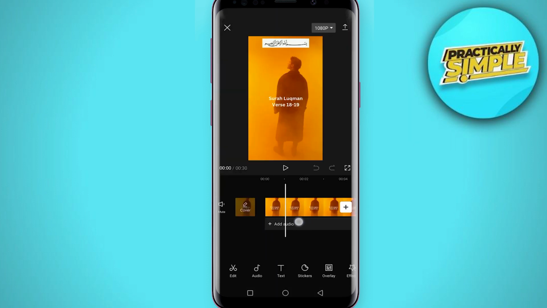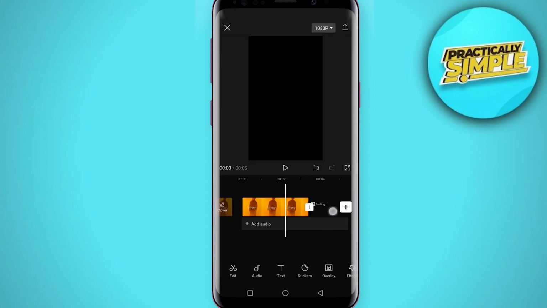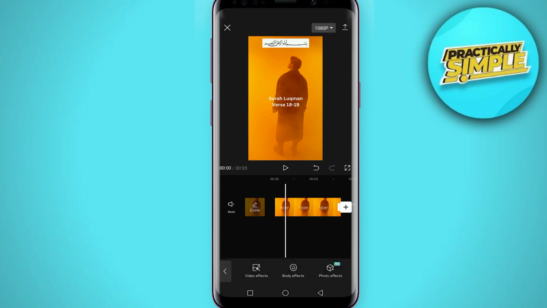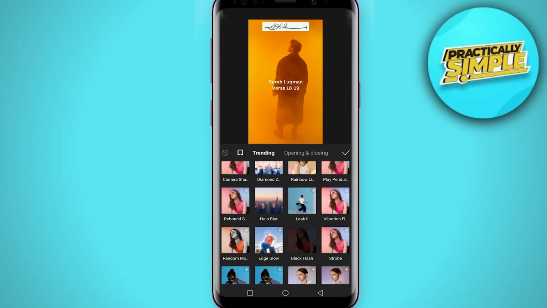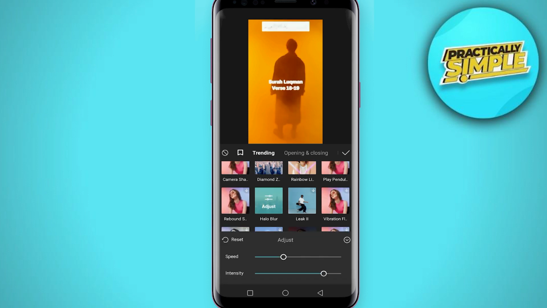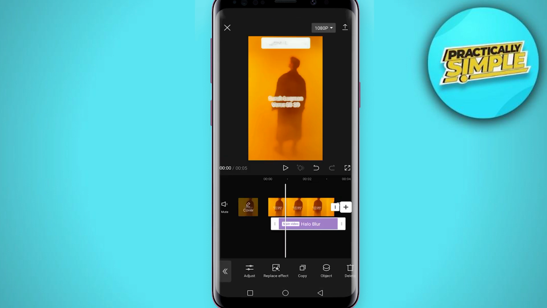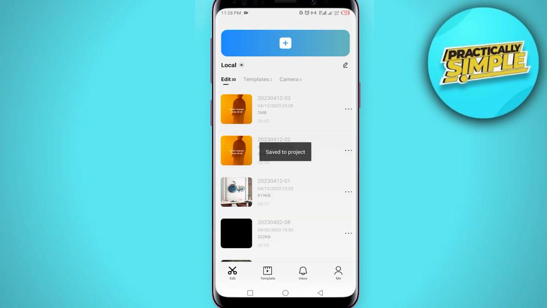Tap on this add and now you can just trim the video and you can delete the extra part of the video like this, and then just go for this effect and go for this video effect, and then you have to find the blur effect and just tap on this effect, and as you can see our effect is added on the timeline. You can set the duration of your effect and then just export your video,